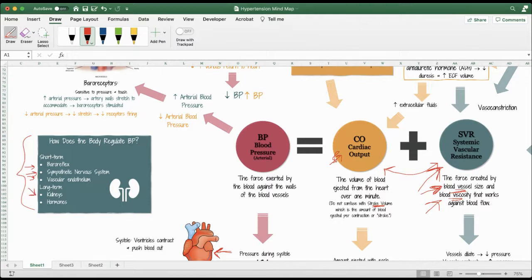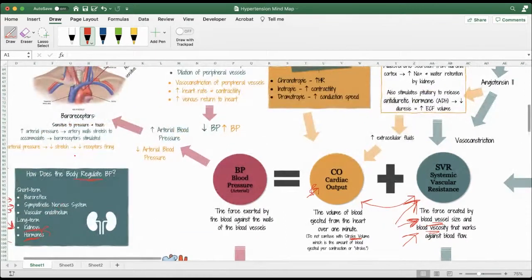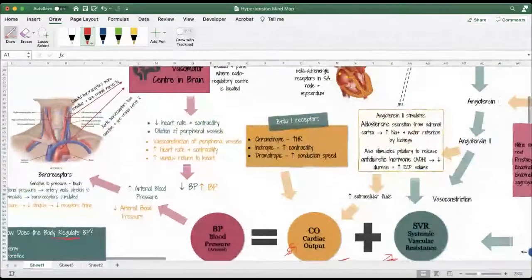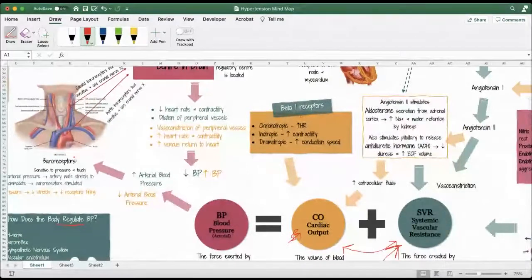The more longer term things that help regulation are the kidneys and hormones, one of which comes from the kidneys anyway, so a lot of it really is kidney. But these are the things that we're going through, okay? These are the ways the body regulates blood pressure. They kind of interchange, so kind of like intermingle. Let's go through them. So we'll start with the